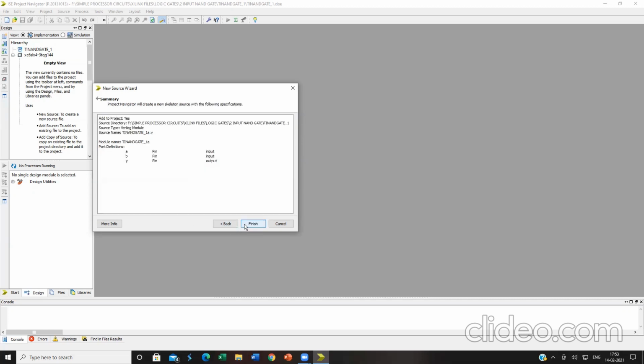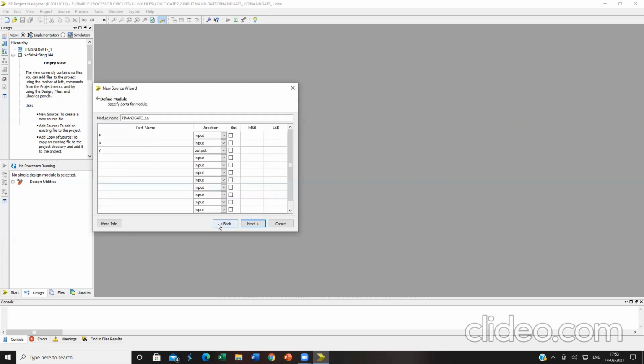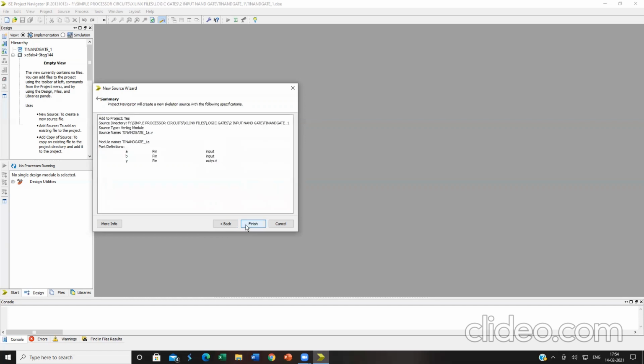Now click on next. Again, it will be providing the summary. The source type is Verilog module. What are the port definitions? What is the name of the module? What is the source directory to which this particular module will be present? Everything will be displayed before you as a precautionary measure. If you want to perform any changes, suppose I want to declare more number of inputs and outputs, accordingly you can go back and select it over here. So at the present case, click on next. The summary will be displayed before you. Kindly click on finish.